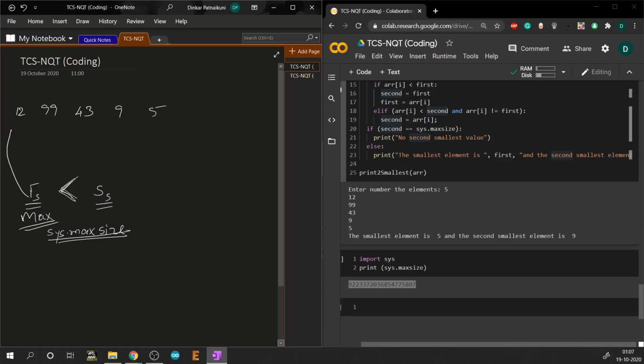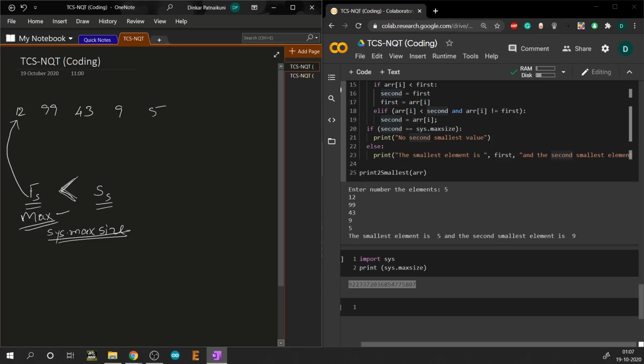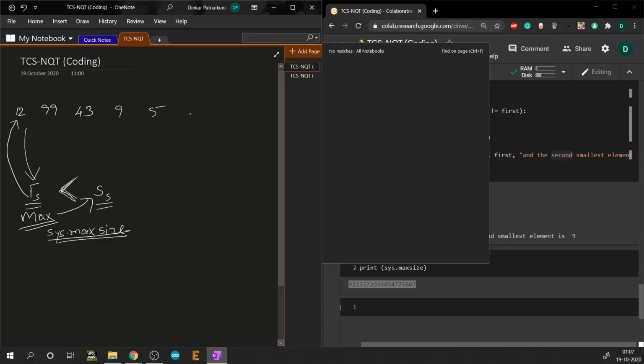So max value is compared with 12, that is ARR of I is going to be 12. Is it less than the max value? Yes. So I'm going to simply put that inside the second variable. So the max value gets into second and first value gets occupied with the value 12. So currently,